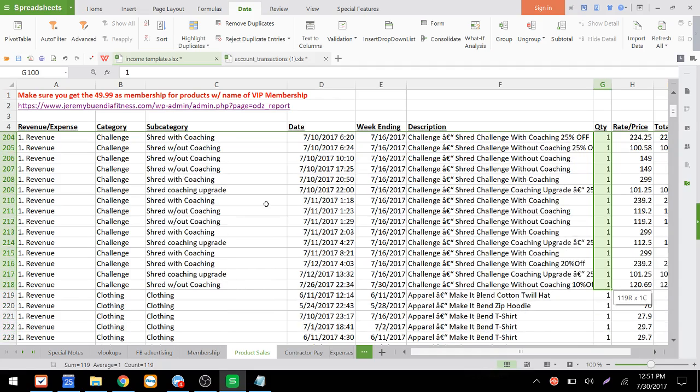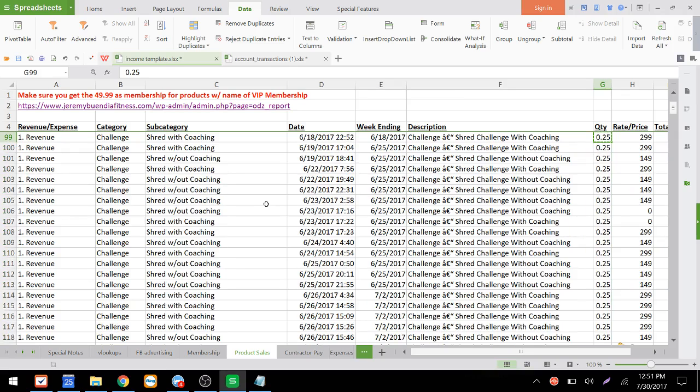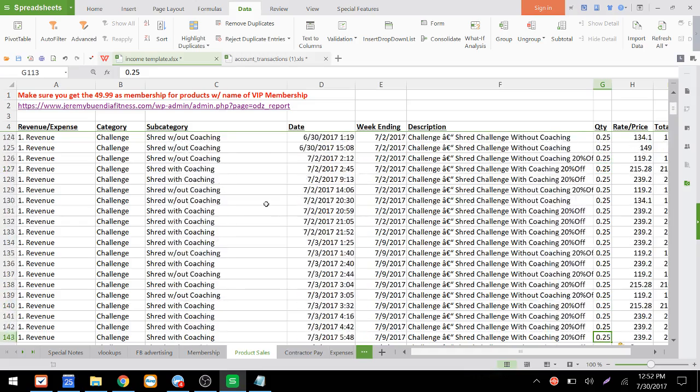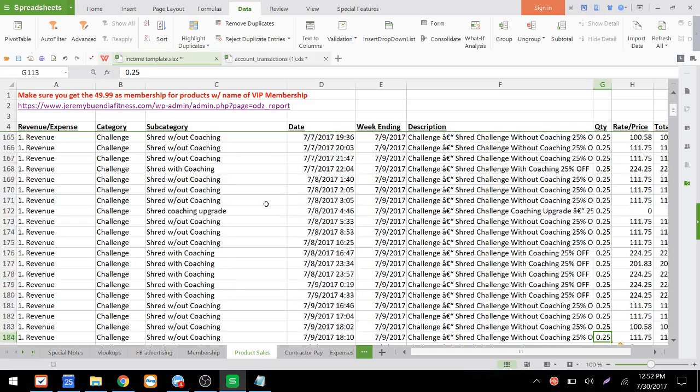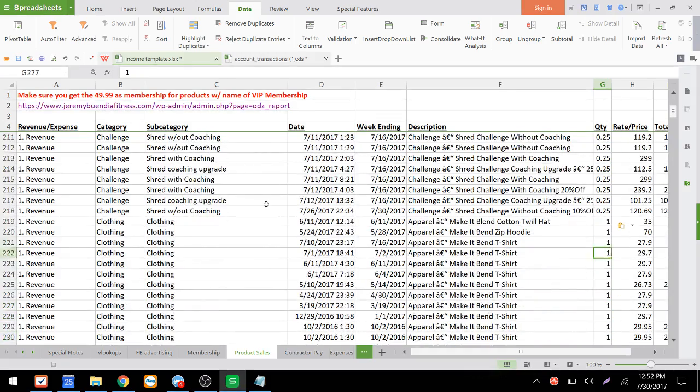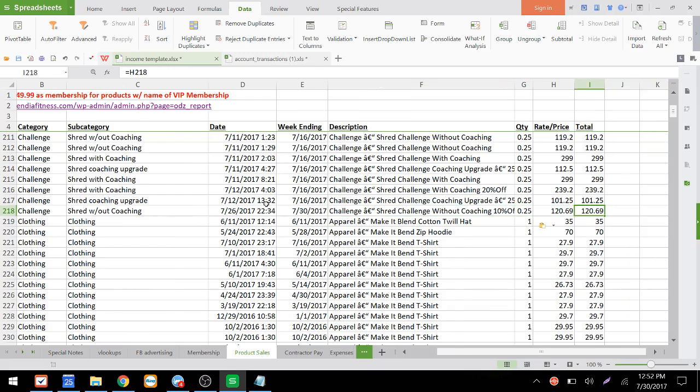Yeah, because those are already categorized as. Okay, so never mind on that. Yeah, these are all good. So these are all 25%. Okay. So here we can see where the VIP ended. We went from 4/2 to 6/18 as far as the dates, and we went all the way up into June, July, and we ended there. Okay. So that's going to give us our revenue.